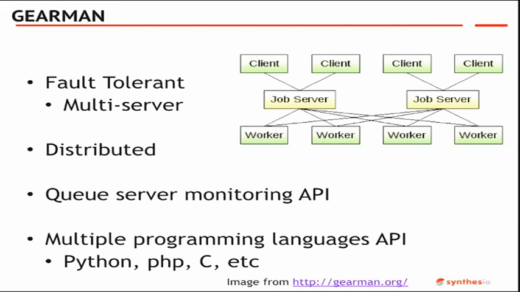The other one continues. You have multiple workers. They can be connected to one server, or they can be connected to multiple servers. So if they are in a different machine and the server goes down, they will know this, so they will keep working with the remaining server. Your clients also connect to the servers. But if you put a load balancer, it's all good.